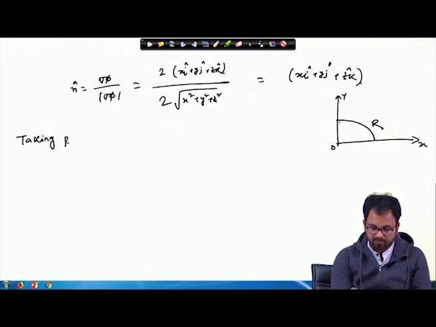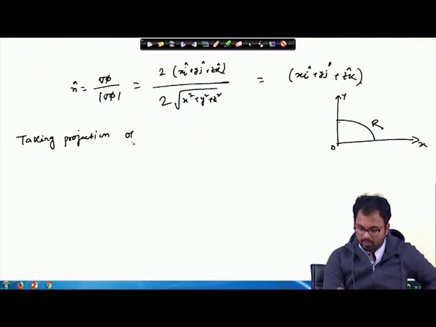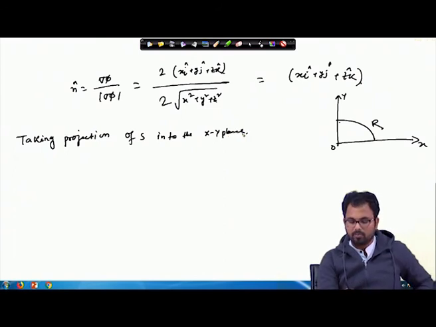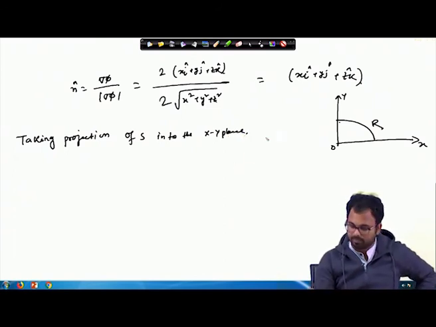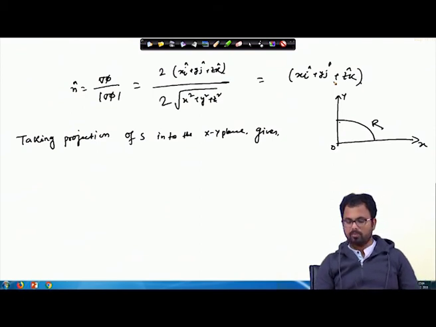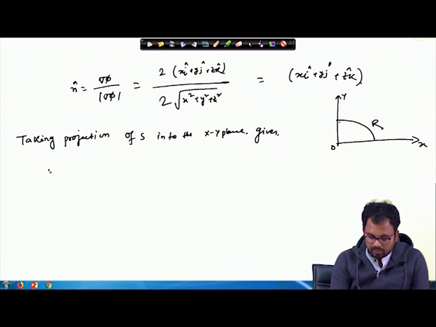So, taking projection of S into the x y plane. So this is basically our unit normal, and now taking projection of S into the x y plane, it will be